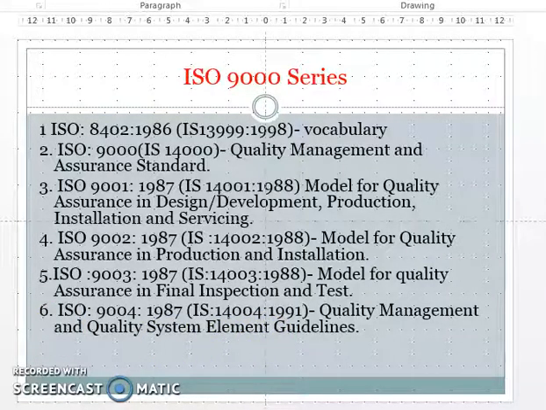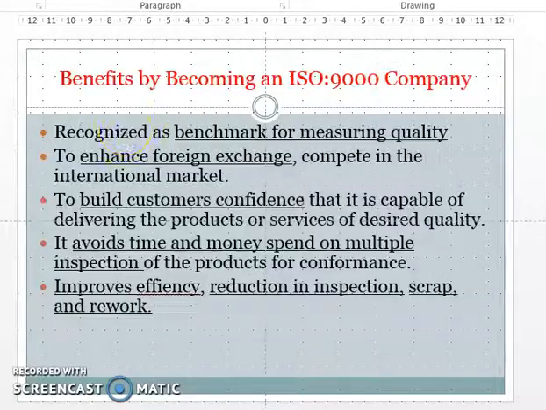After that we will see what is the benefit of a company becoming ISO 9000 certified. First of all, it is recognized as a benchmark for measuring quality. It allows you to enhance foreign exchange and compete in the international market. It builds the customer's confidence that the company is capable of delivering the product or service of desired quality. It avoids time and money spent on multiple inspection of product for conformance, and it also improves efficiency, with reduction in